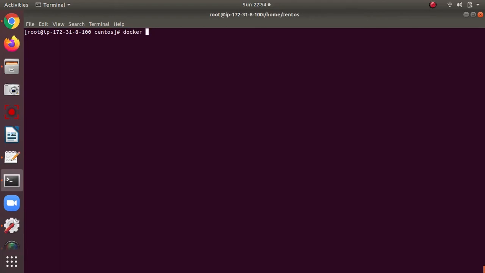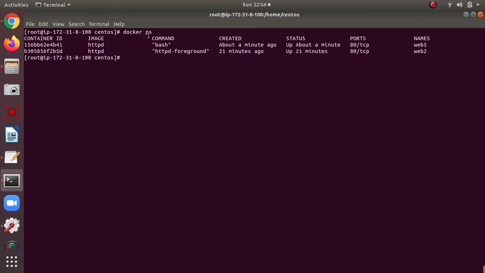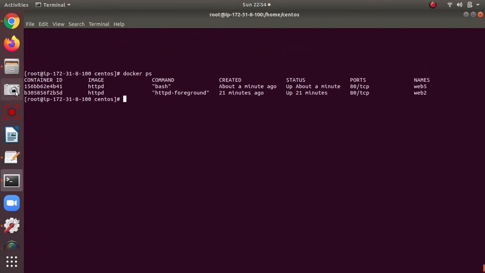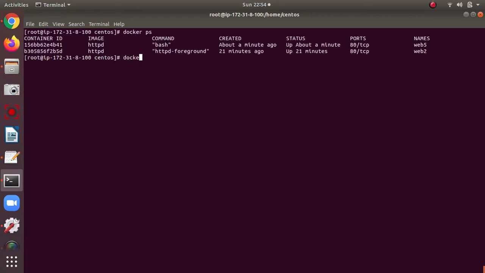When you hit docker ps, it shows the container ID, image, command, creation date, status and port. The container ID is very important, because through it you can inspect all the details of the container.